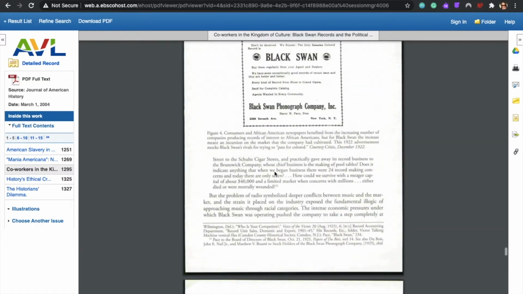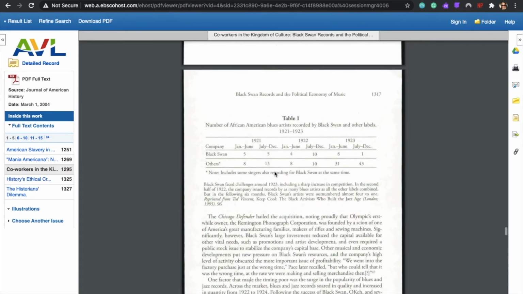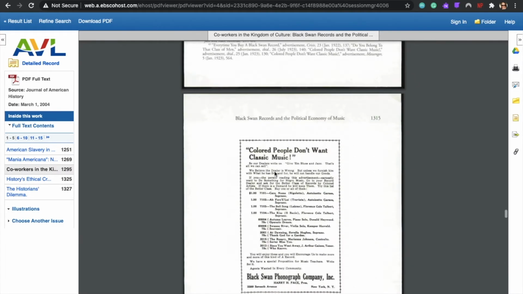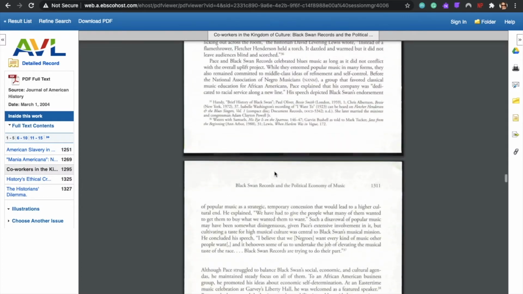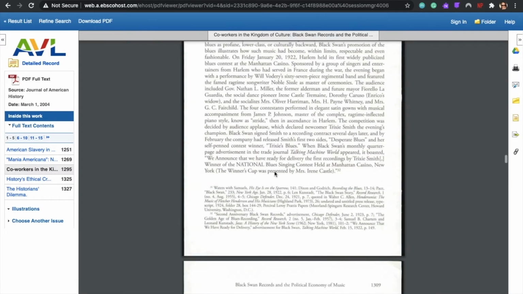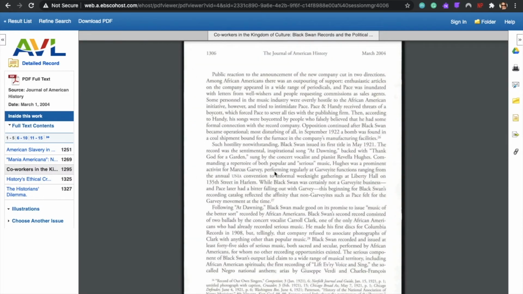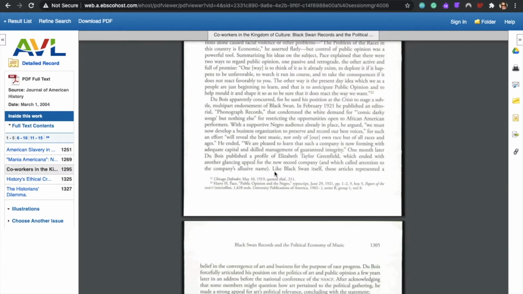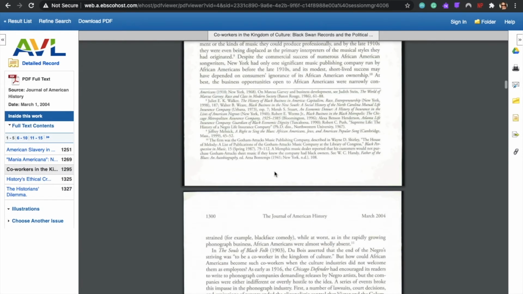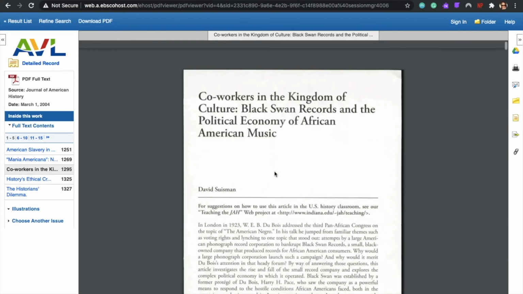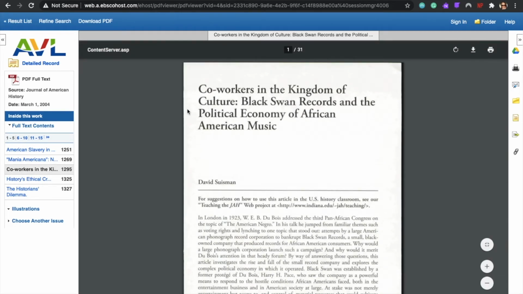When you're writing your research essay, be sure to go back and read the whole thing. But for the purposes of your annotated bibliography, we're really trying to figure out if this article is valuable to us or not. If it's something that we want to go back and read and something that we want to dedicate our time to. So your articles will look like this. This is how you reach most of them.